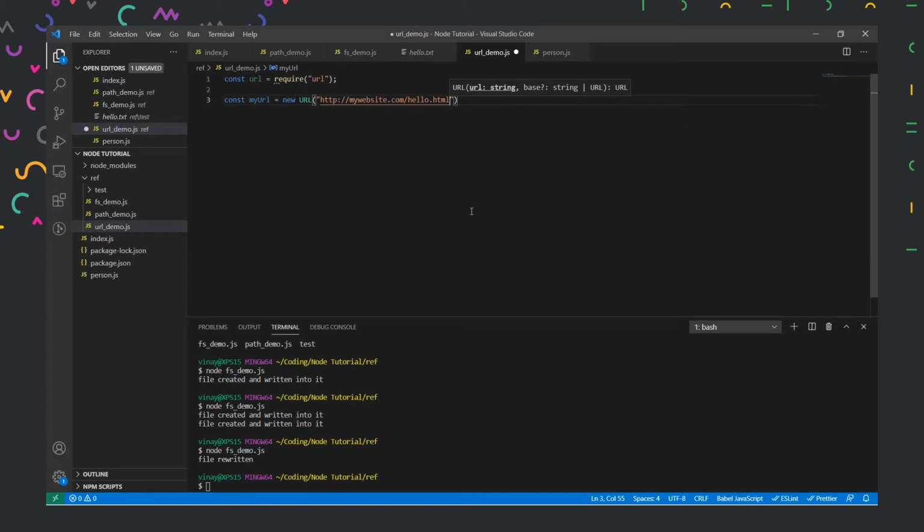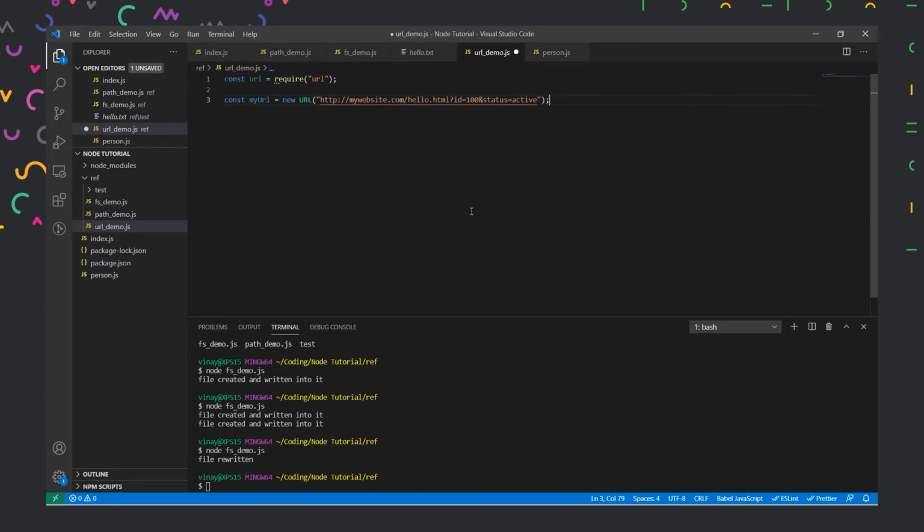Every URL has some parameters defined in it, which could be accessed by using the question mark operator. Then we could define all the variables which we are passing into our URL itself. So I'll pass in an id of 100, and then another variable called status. Let us give status equal to active.